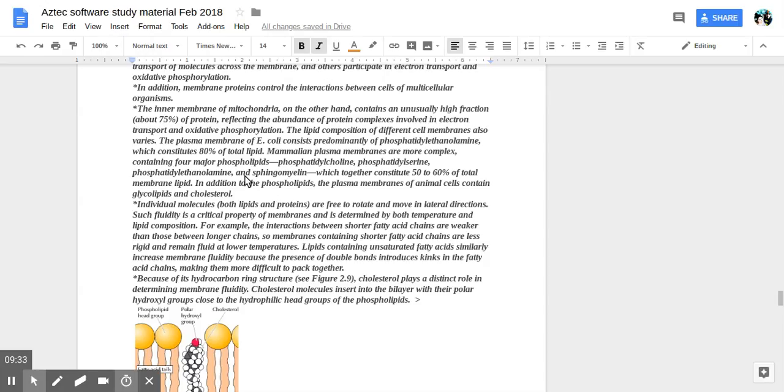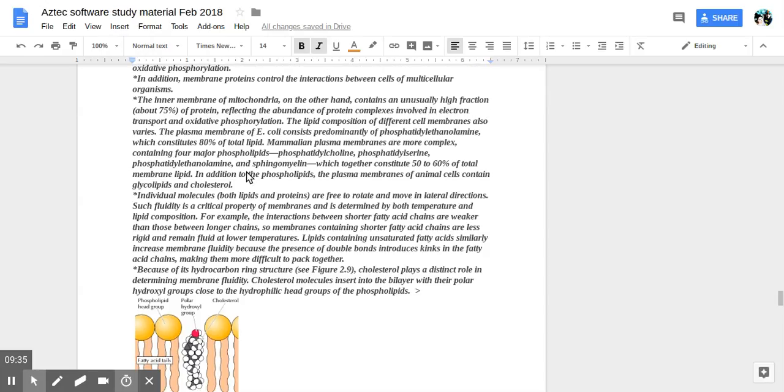The lipid composition of different cell membranes also varies. The plasma membrane of E. coli consists predominantly of phosphatidylethanolamine, constituting 80% of the total lipids. Mammalian plasma membranes are complex in comparison, containing four major phospholipids: phosphatidylcholine, phosphatidylserine, phosphatidyl